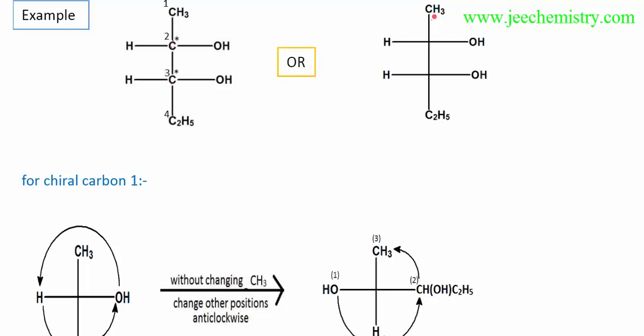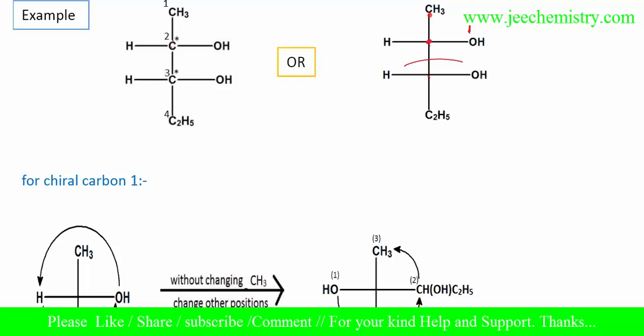Suppose this compound is given. First of all, you consider this center, then after that we consider the other. Oxygen has the higher atomic number. Here carbon is attached, and here also carbon is attached, so this is treated as a group. This is priority 1. Now this is also carbon; here is carbon, here also carbon. This carbon is attached to oxygen, so it has higher priority. This will be priority 2. Now this carbon is priority 3, this carbon priority 4.